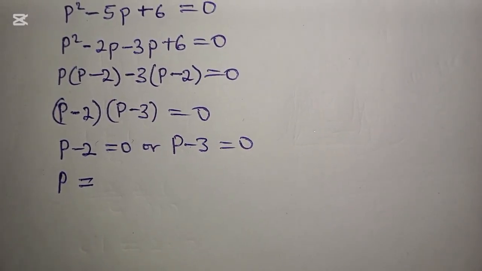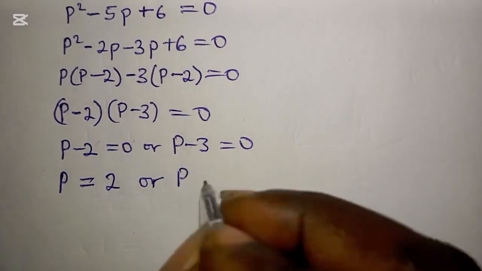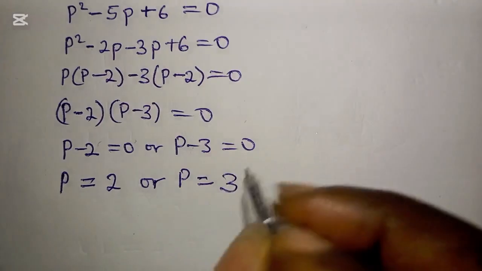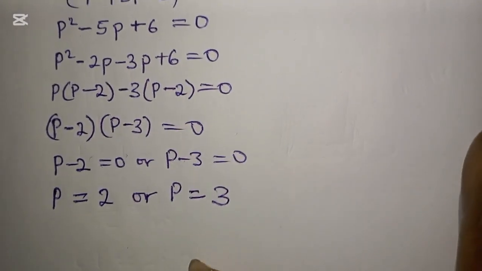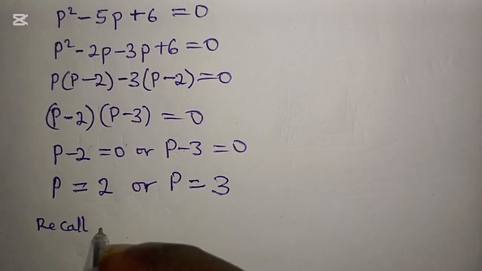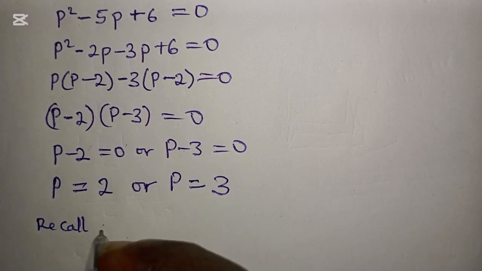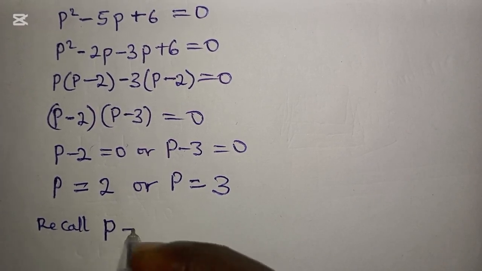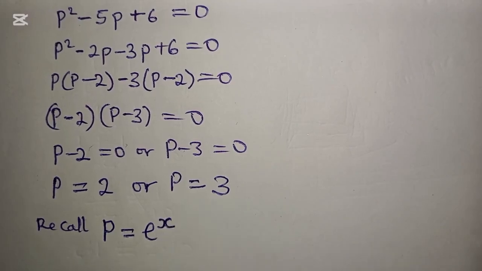So it gives us 2, or p equals 3. But recall p to be equal to e raised to the power of x. Recall that p equals what? e raised to the power of x. Now,